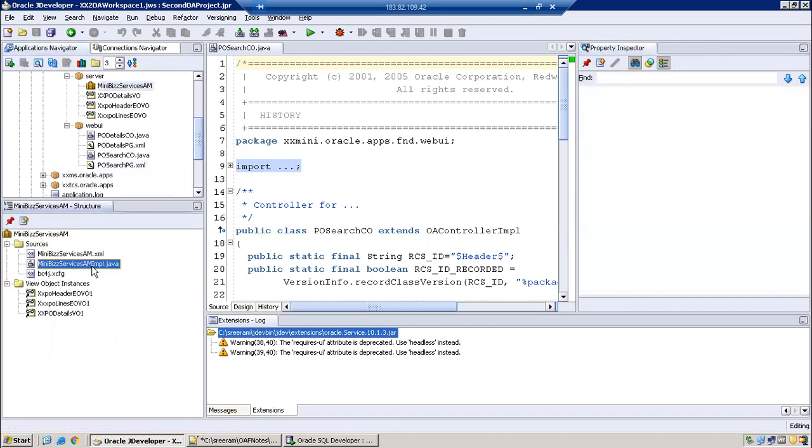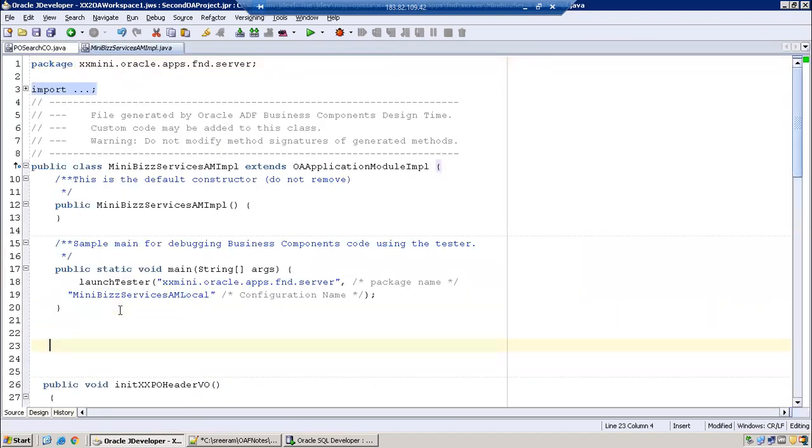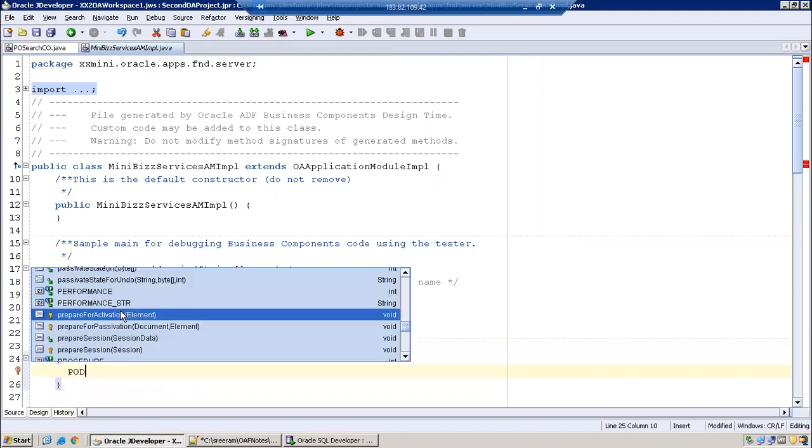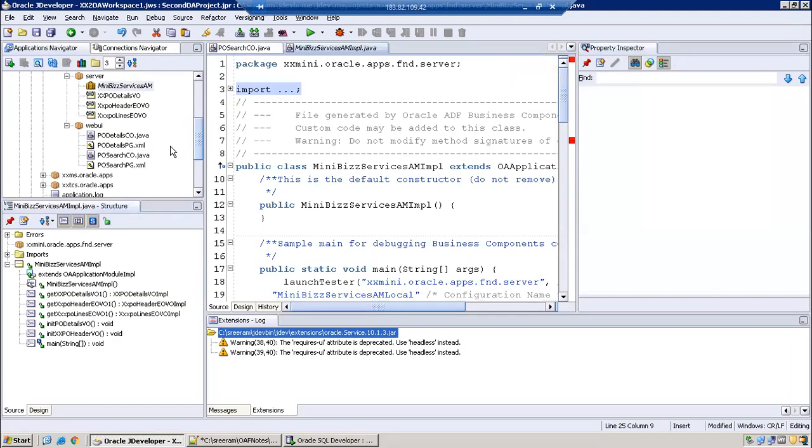So go to AMIMPL. Now here, export connect PO details VO. What is the VO name?